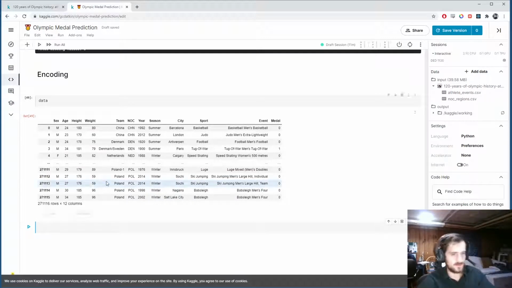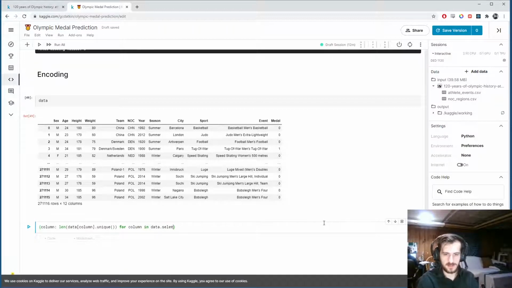Okay, so now let's get the length of each, the number of unique values in each categorical column. So I'm going to make a dictionary that's going to map a column name to the length of unique values in that column. That's for every column in data.select_dtypes